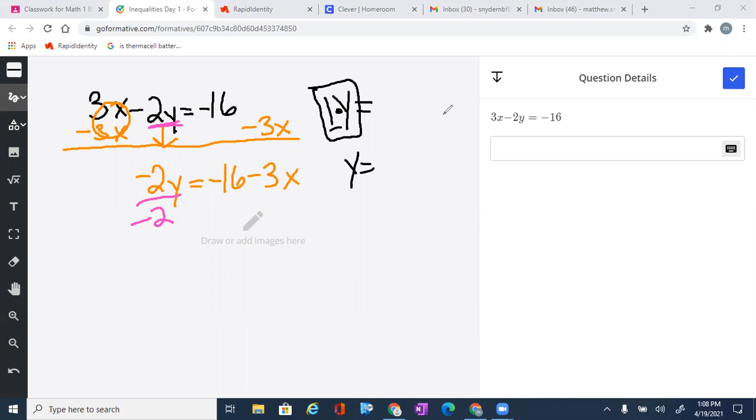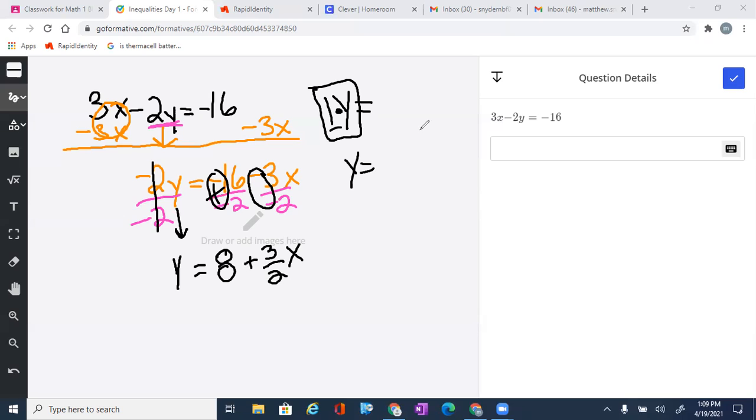And what you do to one side, you do to everything on the other side. Okay, and so check out what happens. We get negative 2 divided by negative 2, which is 1. That y will come out, or 1 times y, which is just y. Negative 16 divided by negative 2 is going to be 8. And then we're going to have negative 3 divided by negative 2, which, remember, two negatives make a positive. Negative 3 divided by negative 2 is also positive. So positive 3 over